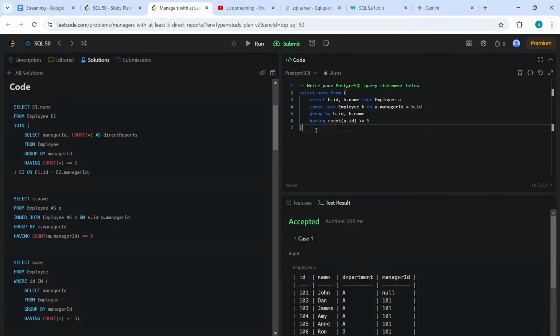Just that I prefer to join tables. Select. Yeah, I think this is more elegant. This solution is actually more elegant, to be honest. Group by manager ID, but then